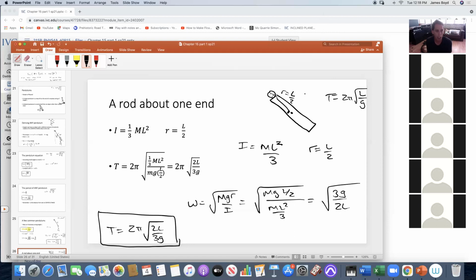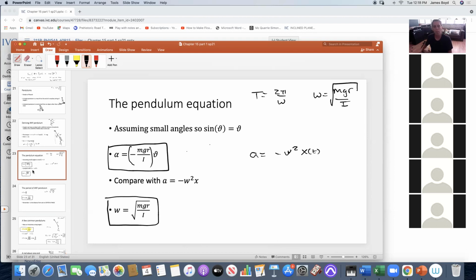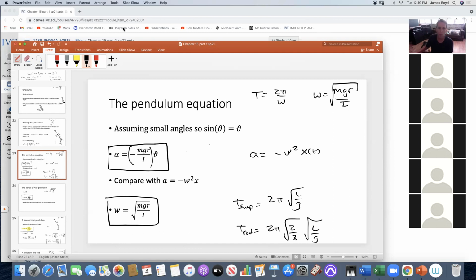The rod has a faster period than the simple pendulum. The simple pendulum's period is 2 pi root L over g. The rod is 2 pi root 2/3 L over g. So this is going to be faster than the simple pendulum. Why? Well, the reason is